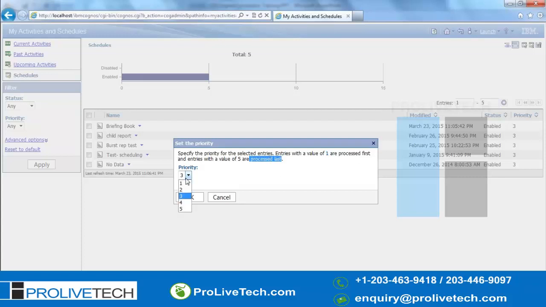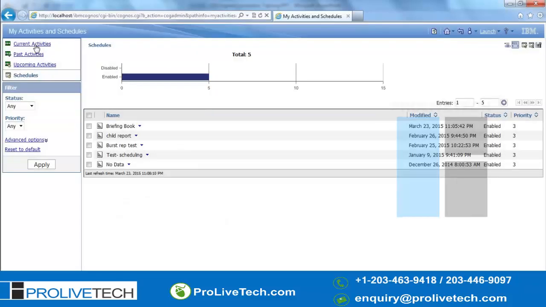You select the first out of these 5, and if its priority is 1 and the remaining are 3, then priority 1 will run first. So you are telling the system to start with this one.